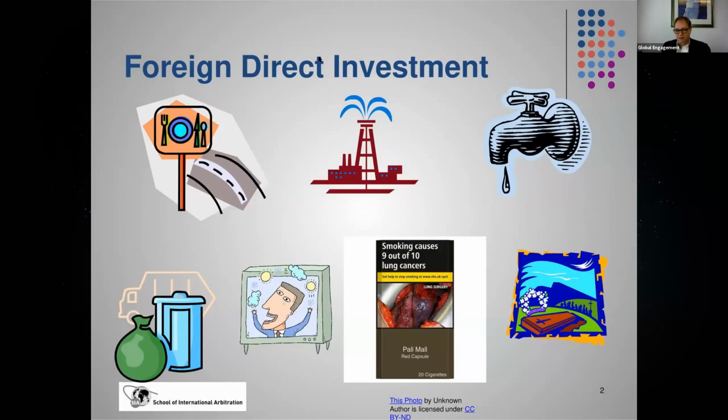Now, the very unpleasant cigarette package picture, which is Philip Morris. There are a number of cases involving Australia and Uruguay. The cases brought by Philip Morris against Australia and Uruguay, respectively, are about legislation that was introduced by those governments for plain packaging. As one of the measures that governments have taken to protect public health, they introduced legislation where cigarettes have this rather boring brown-green packaging, and a lot of labels on the package, so the risks of